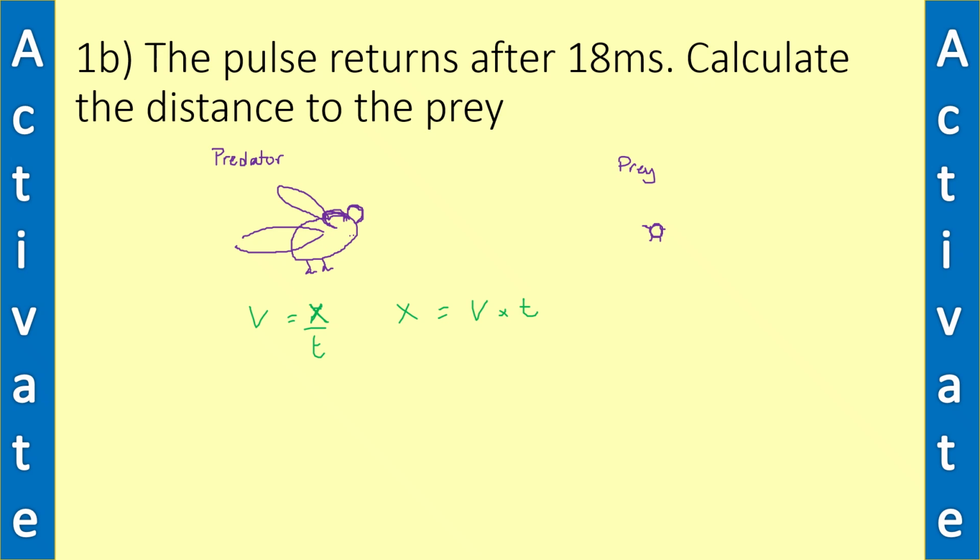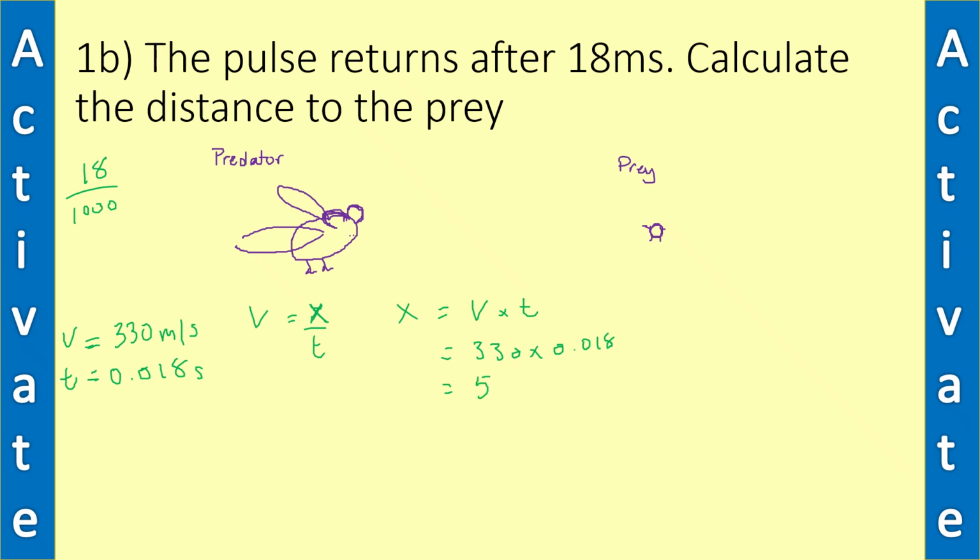So we know from the previous question, but let's just put that down here again. We know that the velocity is 330 meters per second, and we know the time for the pulse to return is 18 milliseconds. So again, let's convert that. 18 divided by 1000 is going to equal 0.018 seconds. So we're going to just put that into our calculation, and that's going to give us